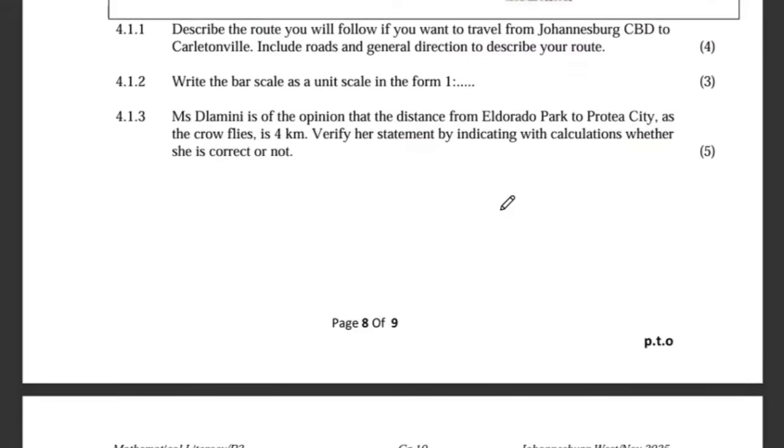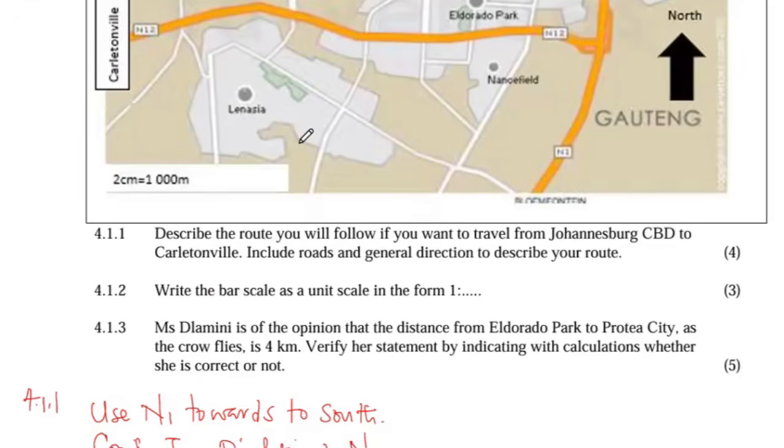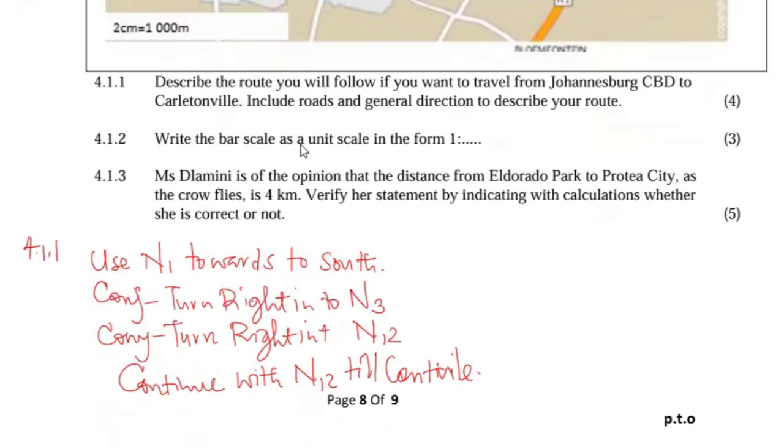4.1.2 says use the bar scale as a unit. Write the bar scale as a unit scale in the form of 1:2. So now the bar scale that we have here, it's this one here. Take note of that. It says 2 centimeters are equivalent to 1,000 meters. Guess what? They want it to be 1:2. Then what you're going to do,